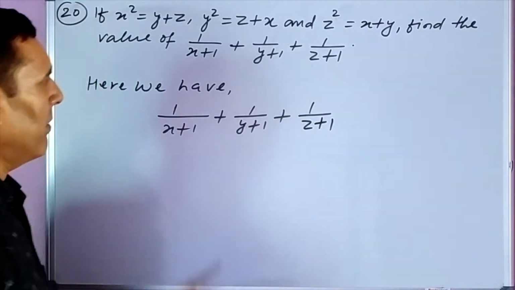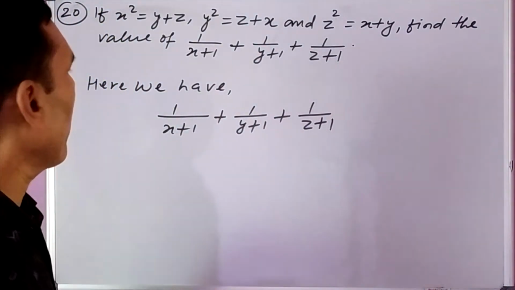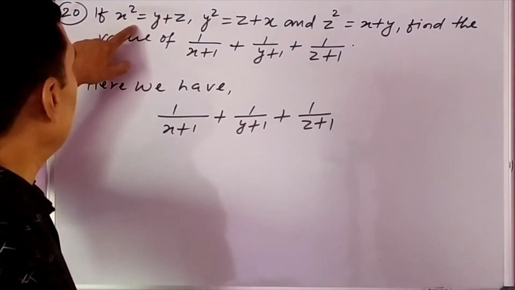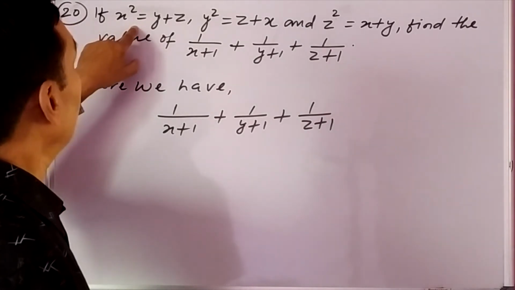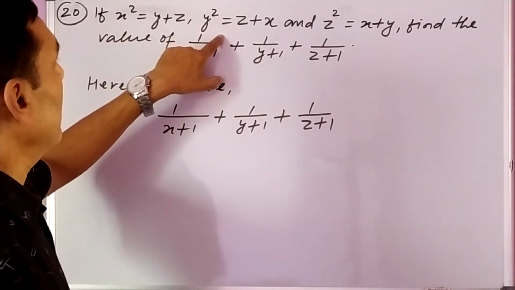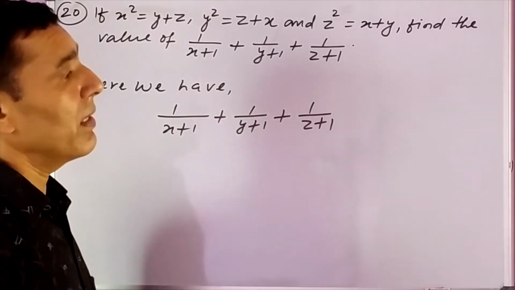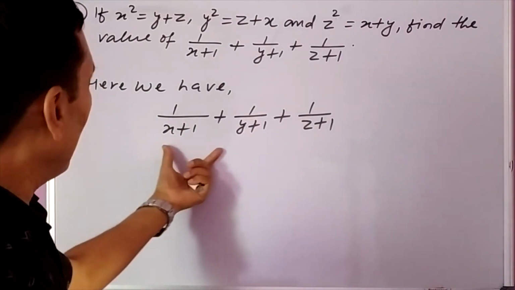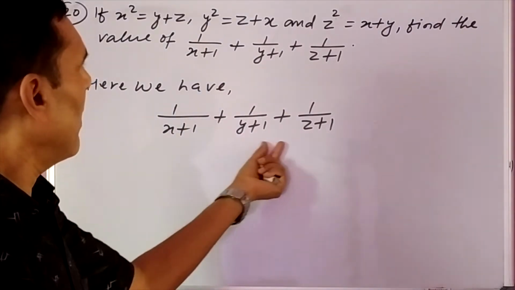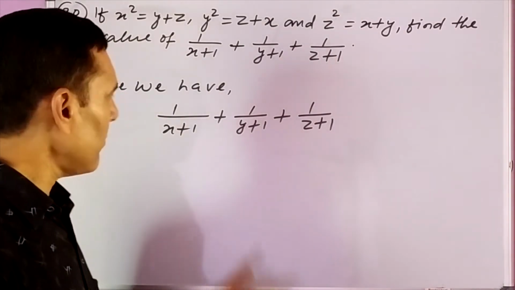We have to find the value of this expression. But we have to use this: x square is equal to y plus z, y square is equal to z plus x, and z square is equal to x plus y. But we don't have x square, y square and z square here in this